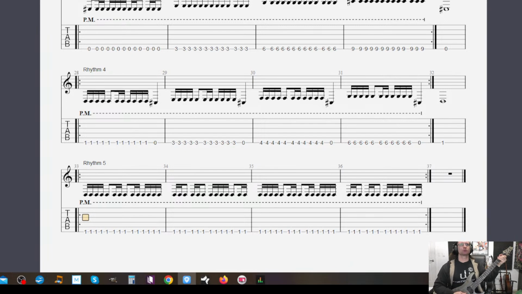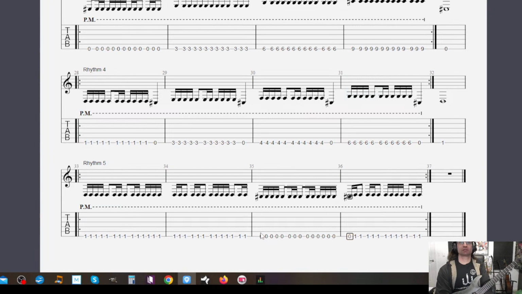So now going between the two, we would have. Let's just go between those two notes.